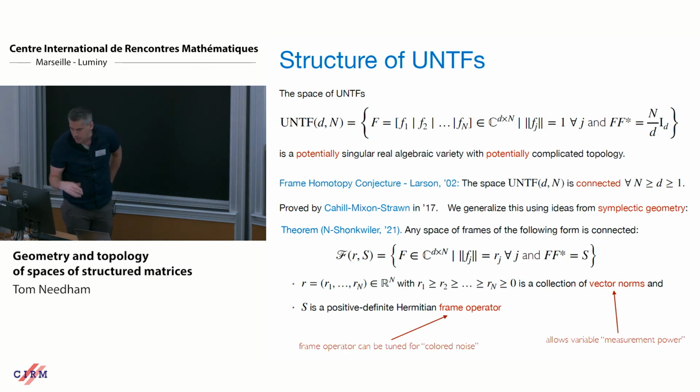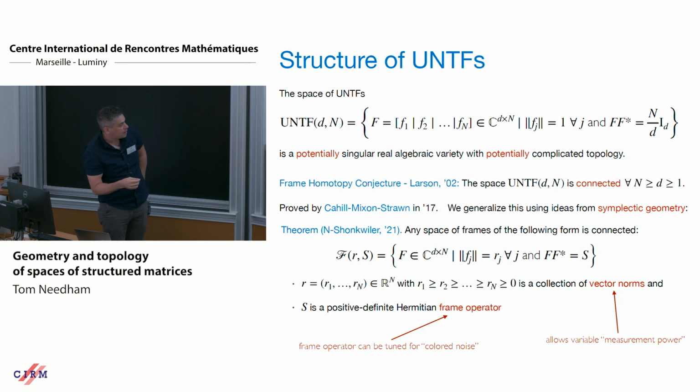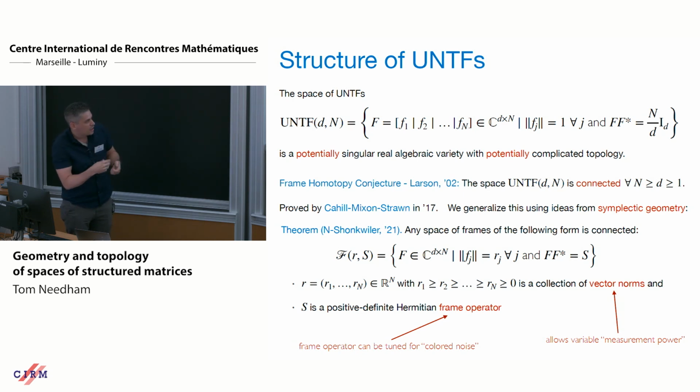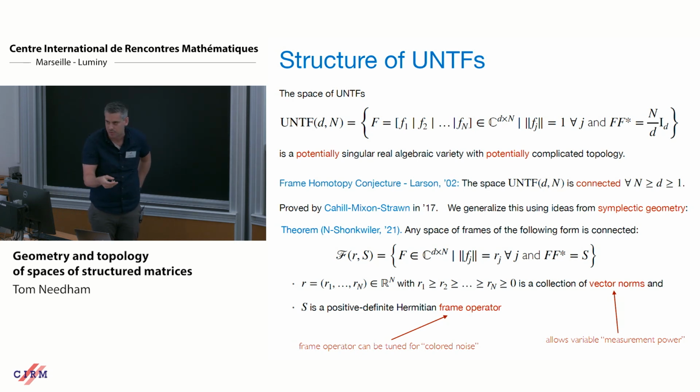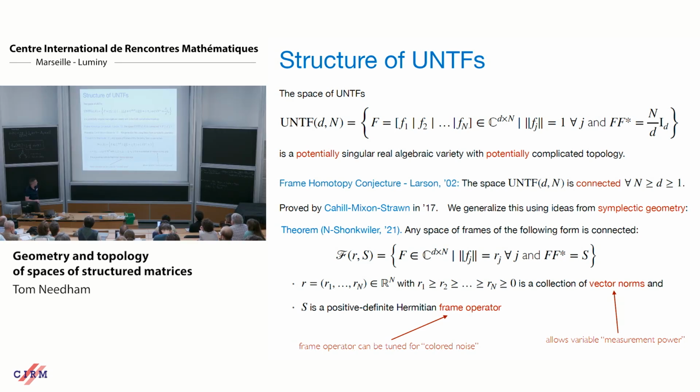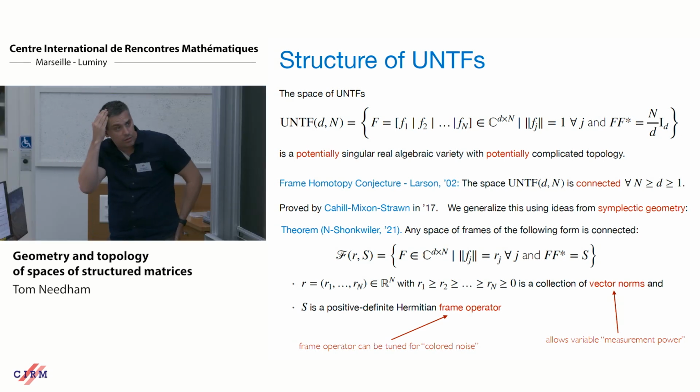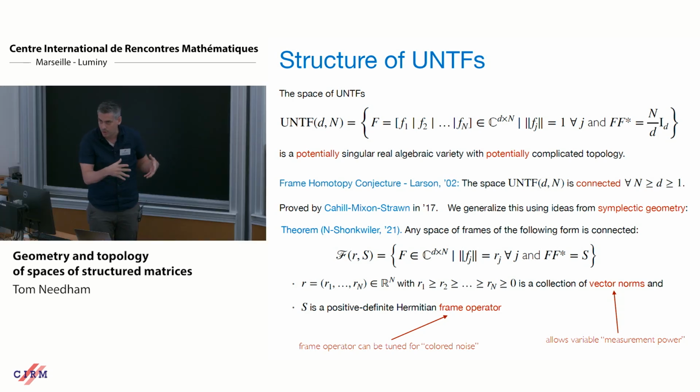So I pick some r_1 through r_n, or I pick some positive definite Hermitian matrix. The point being, people care about this because the vector norms are saying this is kind of the power of a certain measurement. In general, equal power makes sense, that's unit norm, but there could be certain data-driven circumstances where you don't want them all to be the same power. Changing the frame operator: people say that unit norm tight frames are best for white noise, but if you have colored noise,